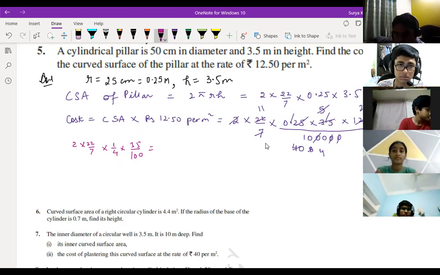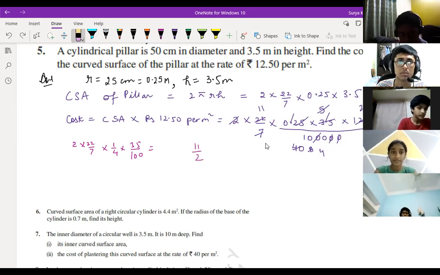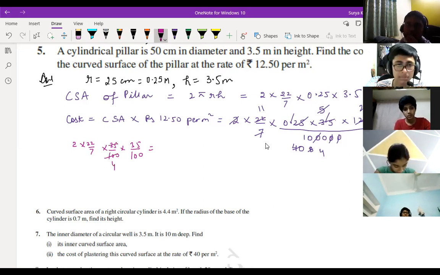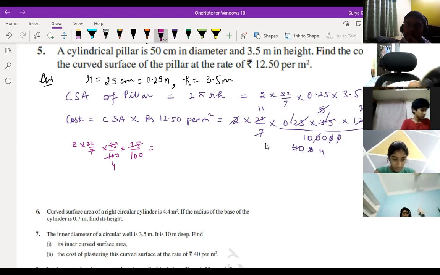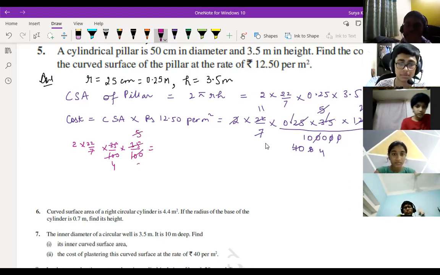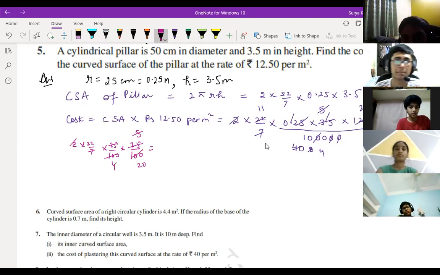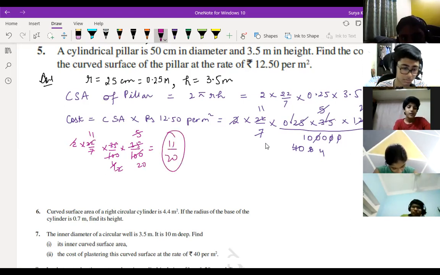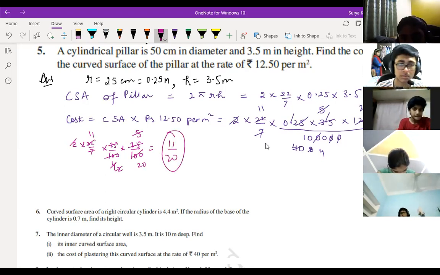Sir, I didn't get how you got this 1 by 4, and 35 by 100. Achha, you're not getting this one. I'm writing 25 by 100 only. Okay, wait. Sir, we are converting 0.25 into 1 by 4, right? Yeah, 1 by 4. Now you understood. See, 7 5s are 35, 5 20s are... Then 2 2s are 4, 2 11s are... Sir, I'm getting 11 by 20 again and again. I don't know why. Sir, I guess you made some calculation mistake over there.